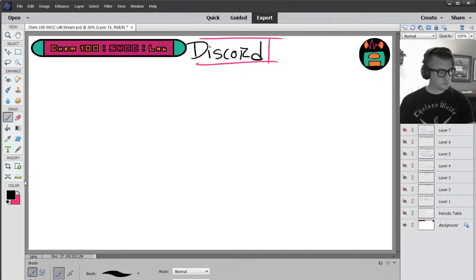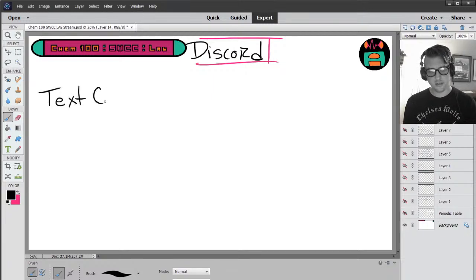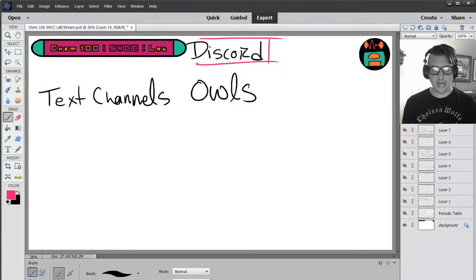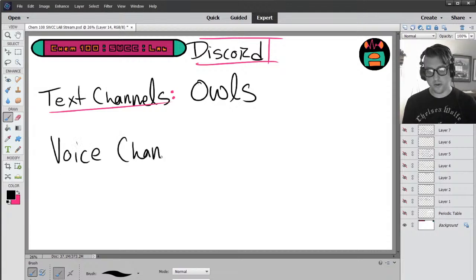The way I've structured it, I've created two types of channels, and the whole thing is Harry Potter themed. In Harry Potter, you send messages by owls. So our text channels I call owls, and our voice channels I call floo powder,